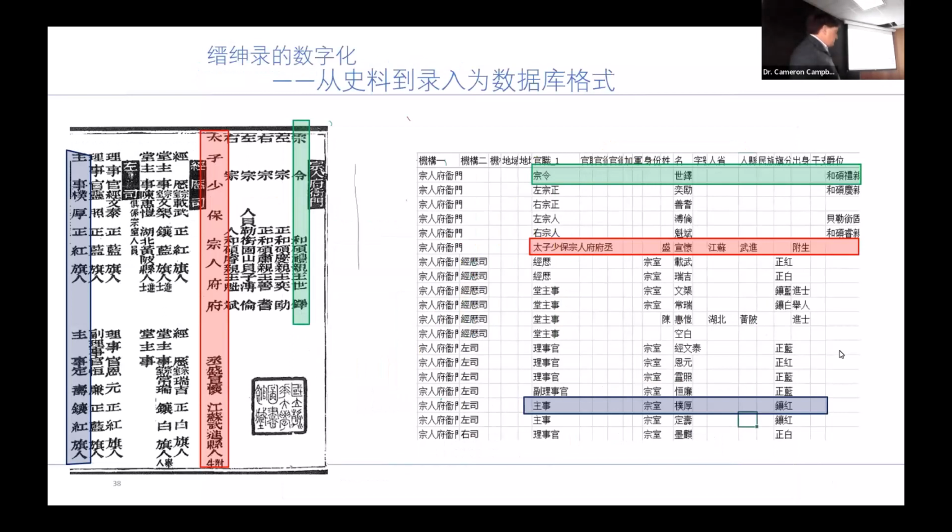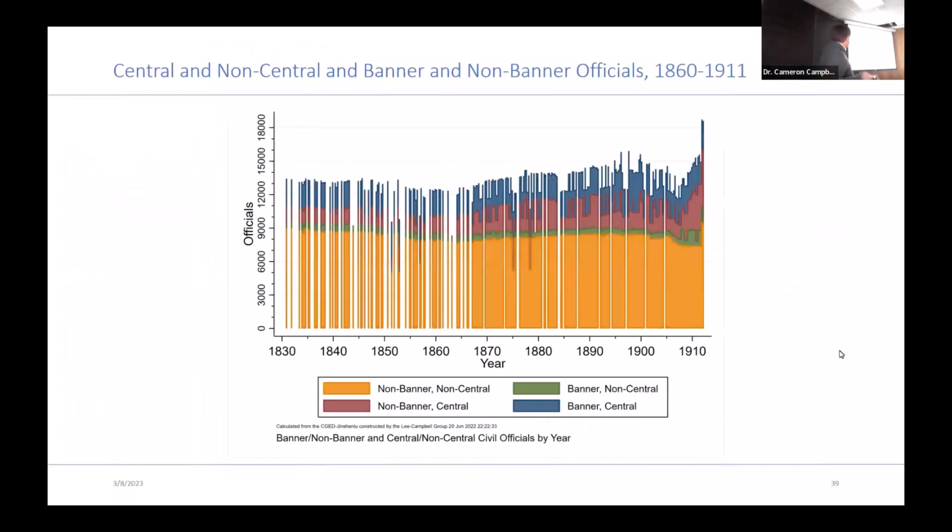This is an example of the transcription process. Oh yeah, this is a prince, right? Tides of Shaobao. And so here's the original source. It gets transcribed here. Actually, these are all, yeah, this is their title, and so forth. And so our coders just crank through this stuff and transcribe.